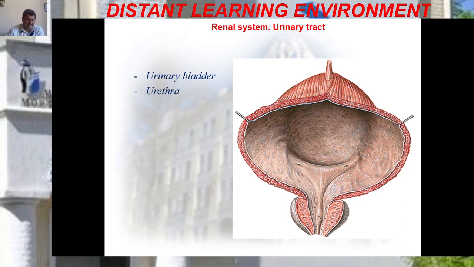An empty bladder lies completely in the cavity of the true pelvis behind the pubic symphysis. Posteriorly, it is separated from the rectum by the seminal vesicles and the terminal parts of the ductus deferens in males and by the vagina and uterus in females. When the bladder is filled with urine, its upper part changes in shape and size and rises above the pubis and, if greatly distended, reaches to the level of the umbilicus.